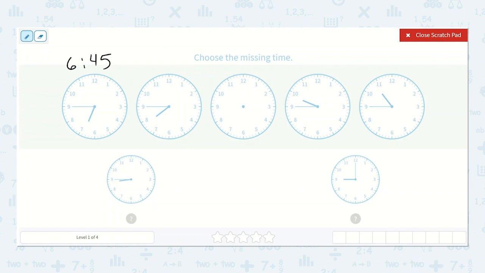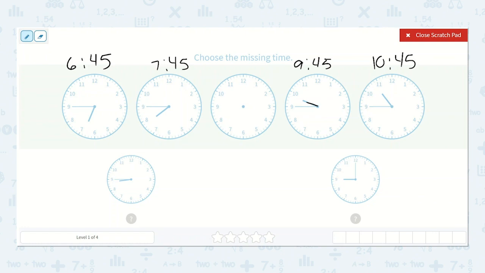Here, the hour is pointing between the 7 and the 8, so I know it is still the hour of 7. And it is also pointing at the 9, so that is 45. This is our missing time. This one is pointing between the 9 and the 10, so I know it's the hour of 9. And it's pointing at the 9, so I know that is 45 minutes. Here we have the hour hand between the 10 and the 11, so I know that is the hour of 10 and 45 minutes. So now I see 6:45, 7:45, the missing one,